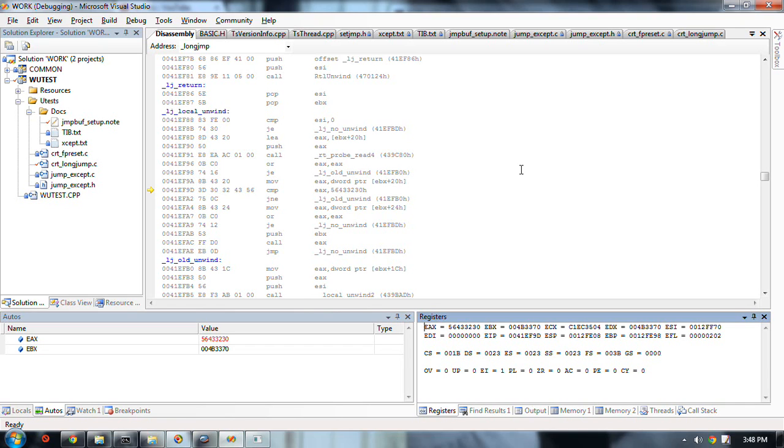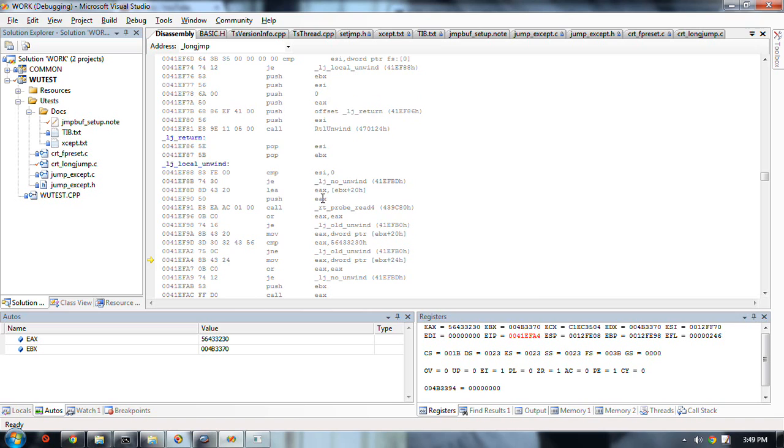The cookie, and comparing it with this hard-coded number, which is what it should be, which is what we set it to, it is equal to that. If it's not equal to that, again, old unwind. So if that changed, go to old unwind. So there are two things that were tested for any modification: the SEH FS:0 value and the cookie. If either of those change,